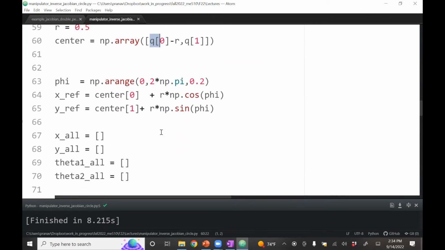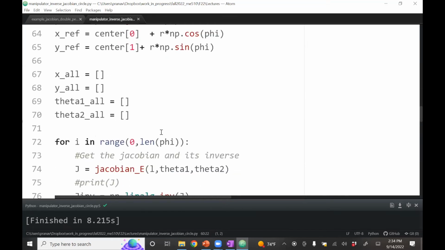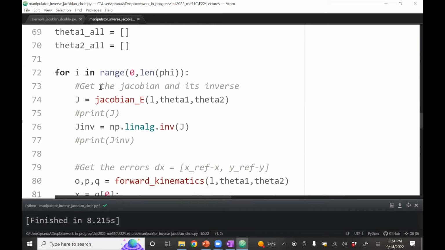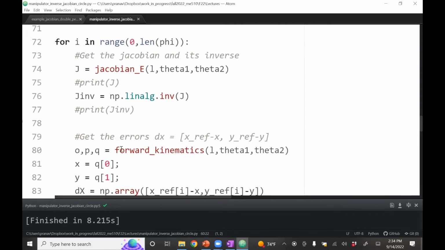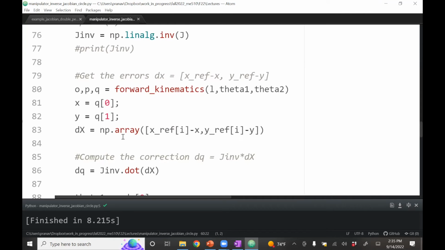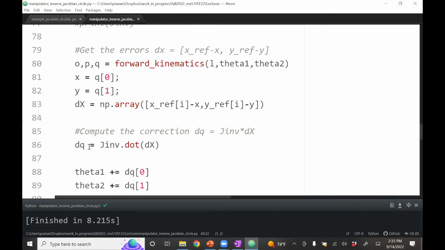Rather, I would say, given the position of the end effector to begin with, it initializes the curve. Okay, so it just puts the end effector in the right place. Then I get the Jacobian, I compute the inverse. Hopefully this is clear, Jacobian and inverse. I get the errors, which I talked about, x ref minus x, y ref minus y. Then I compute dx. Then I compute that correction, dq, J inverse dot dx,